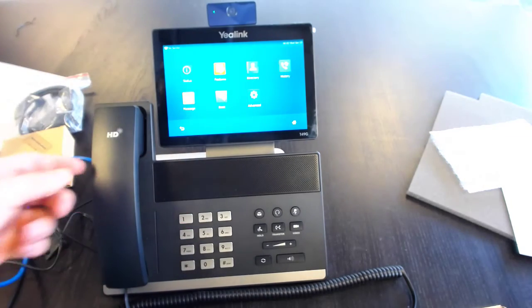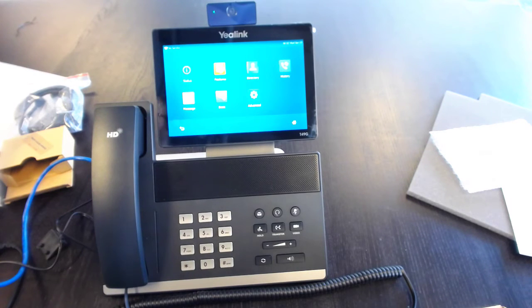Yeah, so this is the Yealink T49G, their video phone. It's pretty slick, isn't it? So basically what we're going to do from here is we're going to configure it to work with the OnSIP network, and then we're going to run it through a series of tests, just to make sure that it looks good and that it interoperates well with OpenSIP standards. And then we'll have a review that'll be